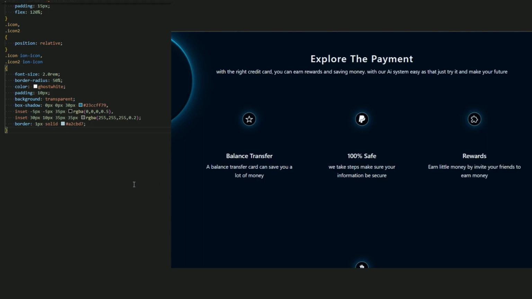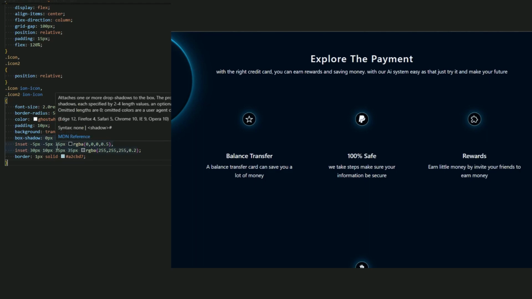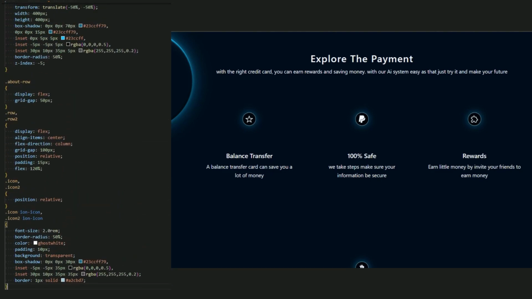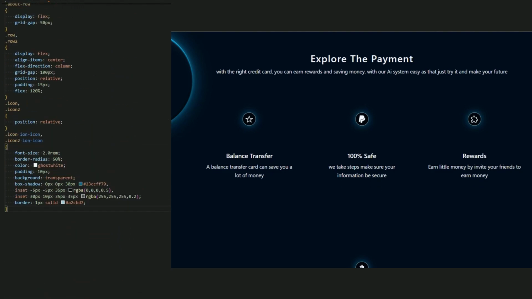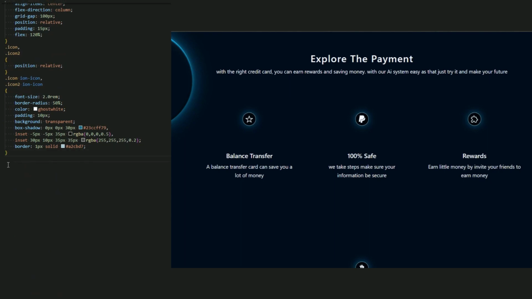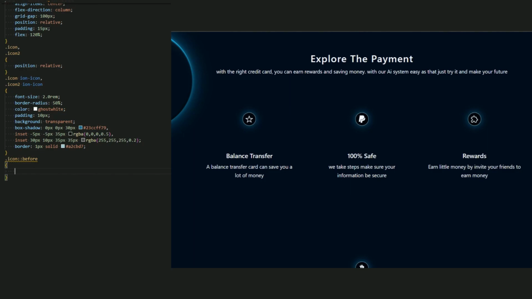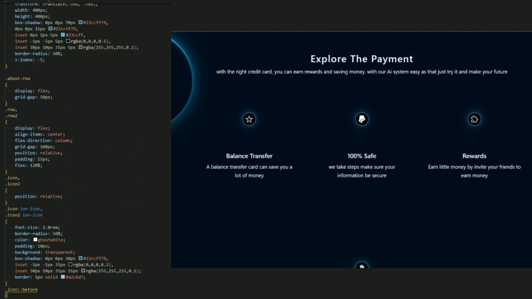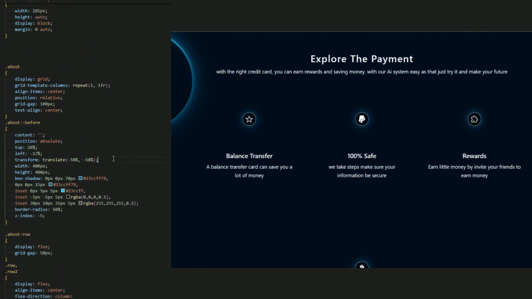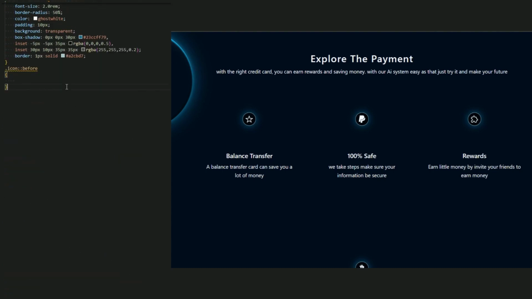Okay, now let me add the icon before, just like I said, because I want to add a square. I don't have a square, so icon before. And let me just copy this content and the position absolute. Okay, copy this and paste it here.